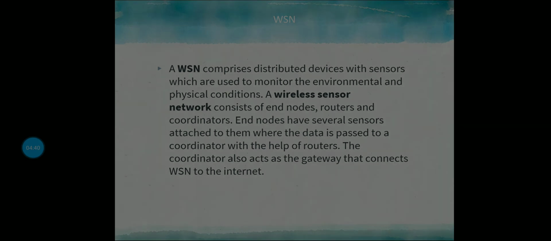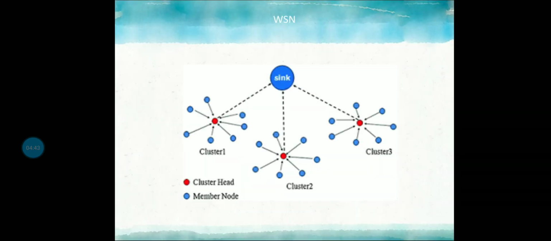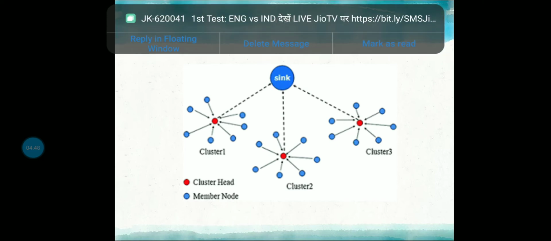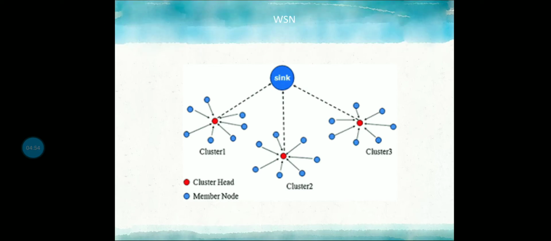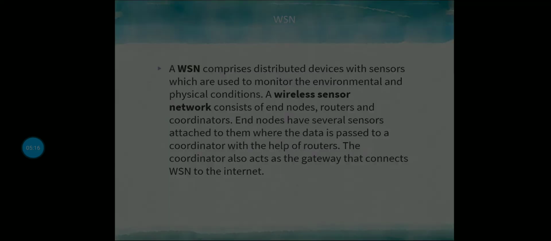There are some applications of wireless sensor networks. The applications are Internet of Things, video surveillance, automated or smart homes, industrial automation, traffic monitoring, medical device monitoring, monitoring of weather conditions, and air traffic control. Robotics is also one of the applications of wireless sensor network. Some challenges are also there: quality challenges, energy challenges, throughput, performance, ability, and scalability. These may be the challenges of wireless sensor network.